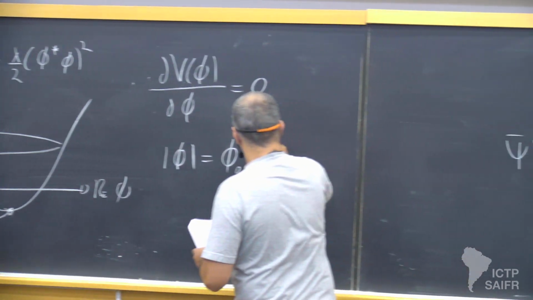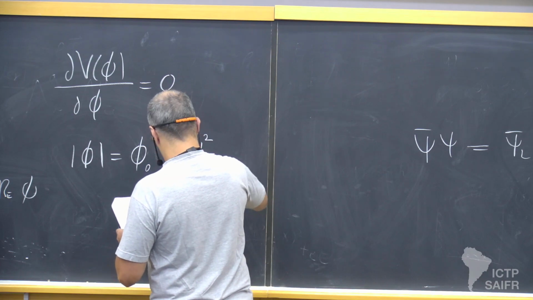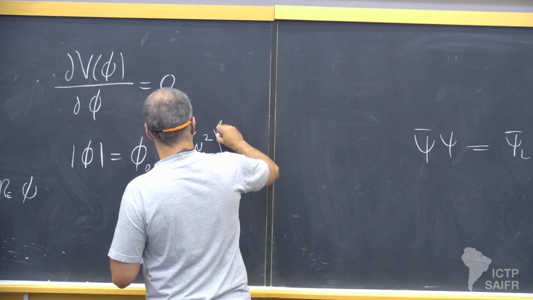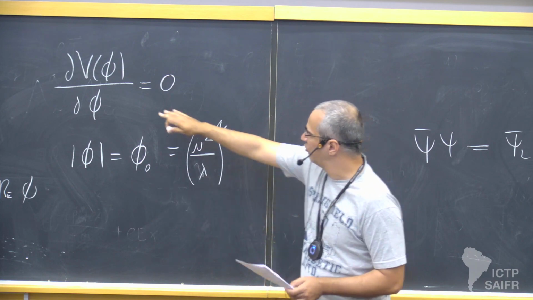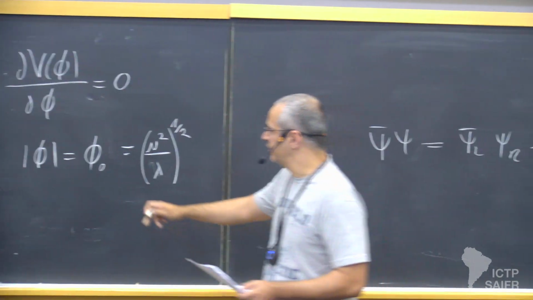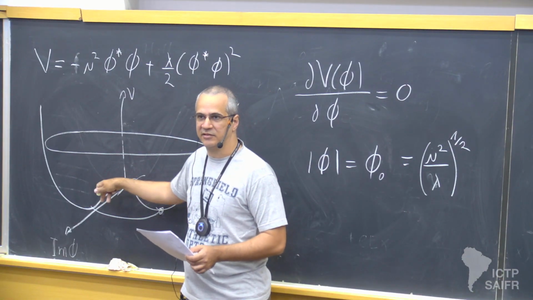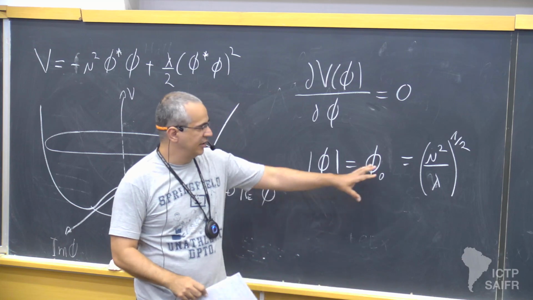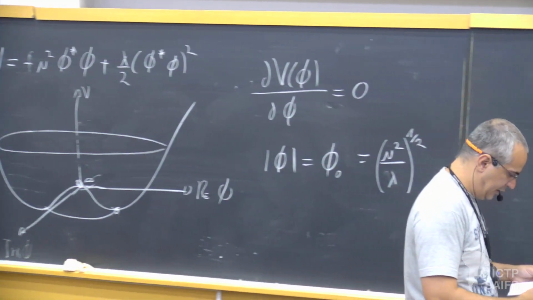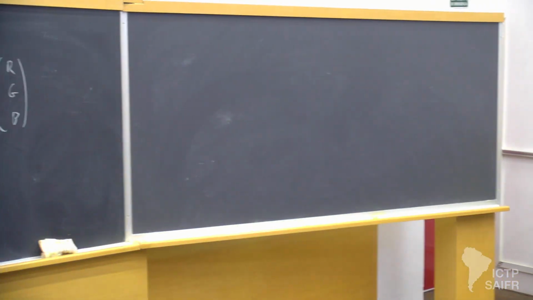And this is just (mu squared over lambda) to the power half. It's just solving this for the modulus of phi. It's clear that it does not depend on the phase, only on the distance to the origin, so it's clear that it's just a number. And now I can define a new field. I can take this phi,